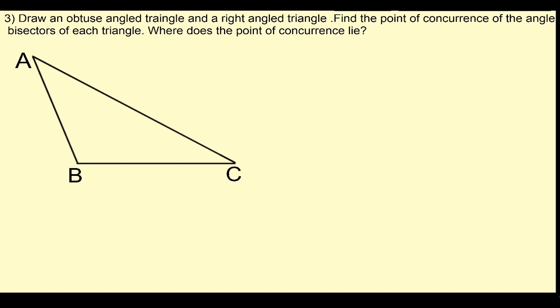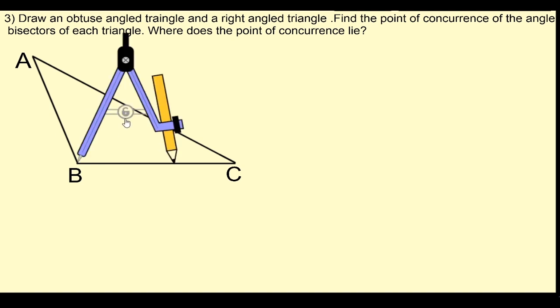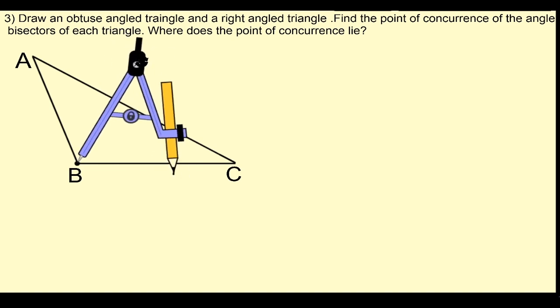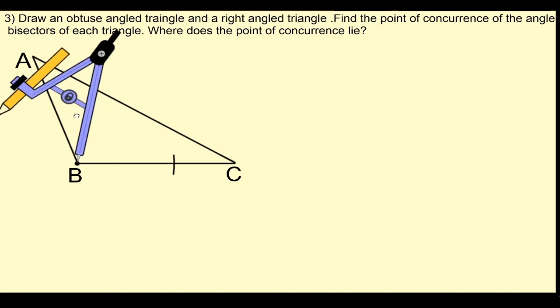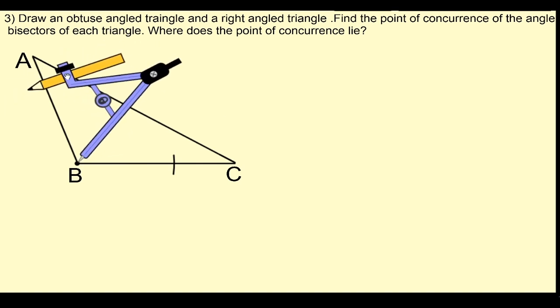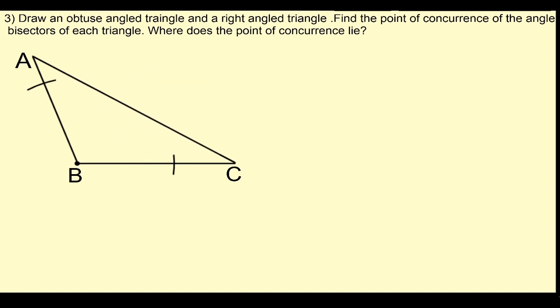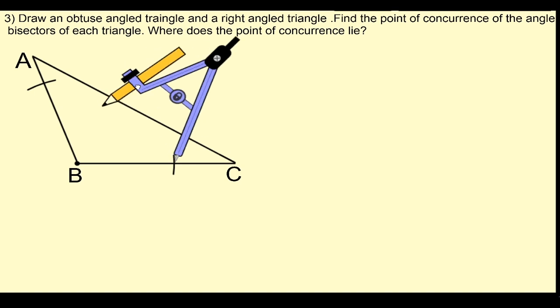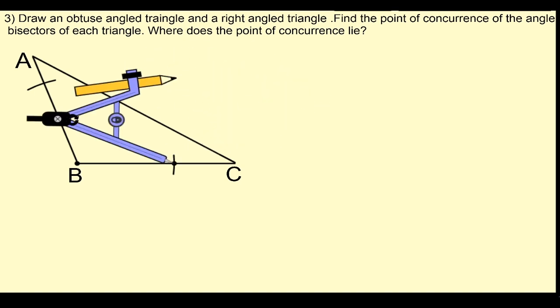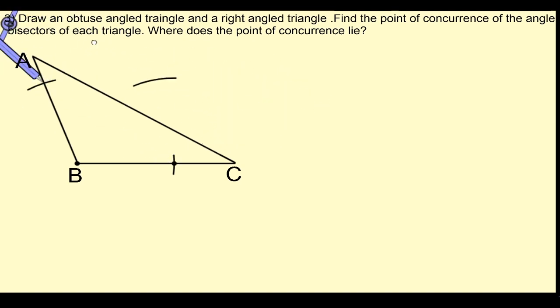In order to draw angle bisector, we need a compass. First, place the steel head of the compass on point B and take radius of more than half and draw arcs on both the arms of triangle. Now place steel head on the point where the arc cuts the line and draw arcs similarly. Let's do it with the other point now.